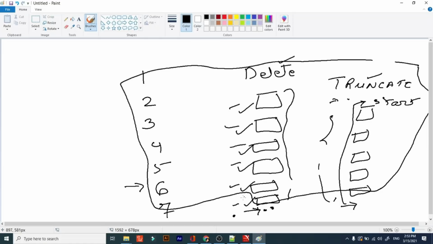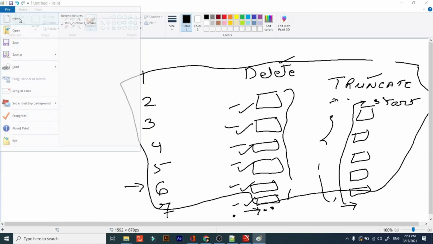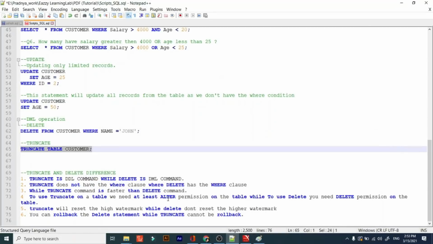But in the same scenario, if we use the truncate command, the pointer is set to the first position. It will not stay at the 5th position, it will be set to the first position. So this is known as the high watermark.